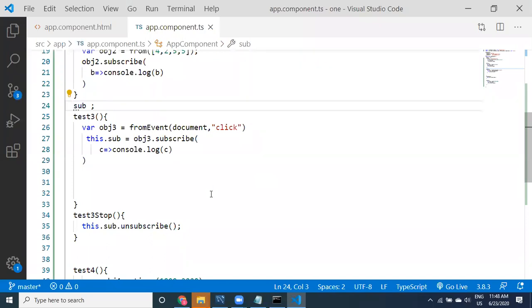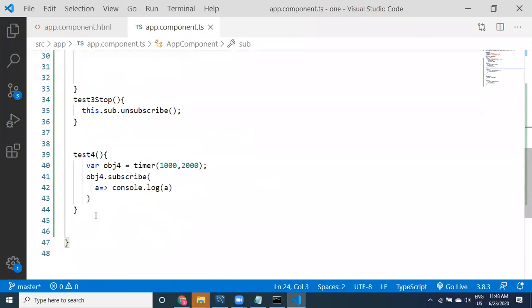So let us go to test 4 again. For that, whenever you are taking a subscription, take one timer subscription variable. You can name it anything, but make it an instance variable. If you declare it over there, then you can use it as this dot timer subscription, so that it is available. Whenever you click on test 4, the subscription object is going to be set into this variable.